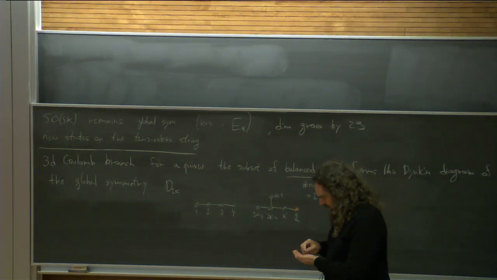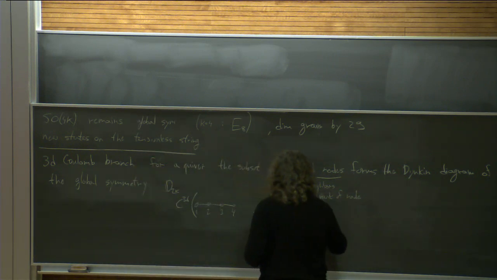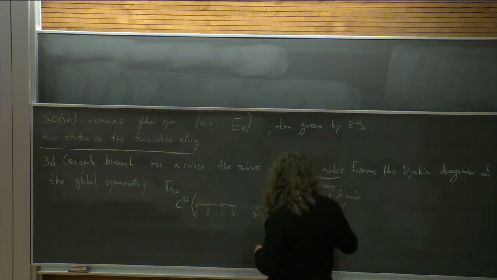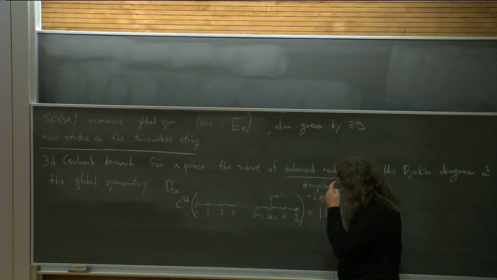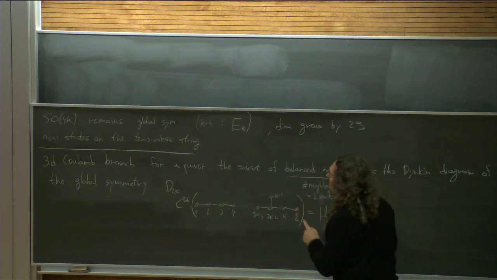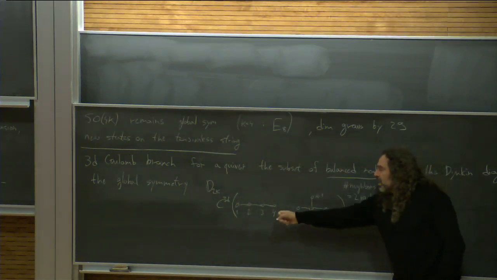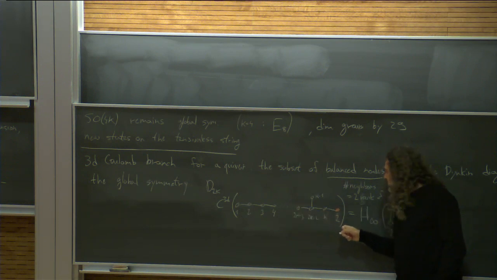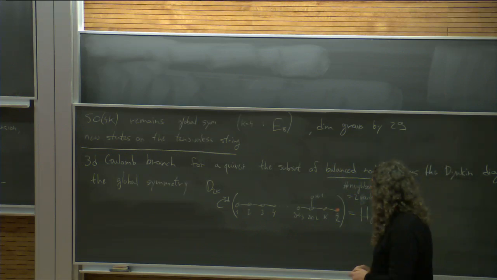Okay? And now my claim is that the 3D Coulomb branch of this quiver is equal to the Higgs branch at infinite coupling of the theory we started with. There is an imbalance in the quiver. And so you see, just this thing here and the knowledge of the global symmetry allow me to construct a quiver such that all nodes are balanced except for one. But the nodes which are balanced form the Dynkin diagram of D_2k. Okay? So the global symmetry allows me to